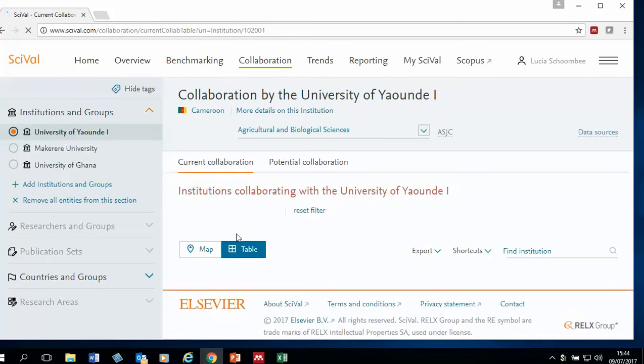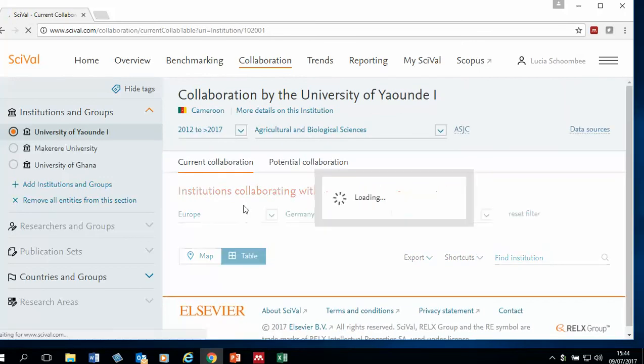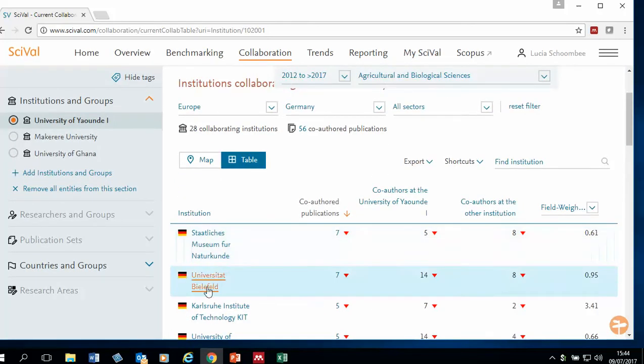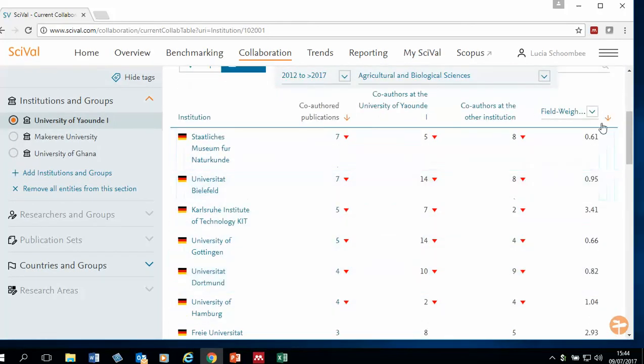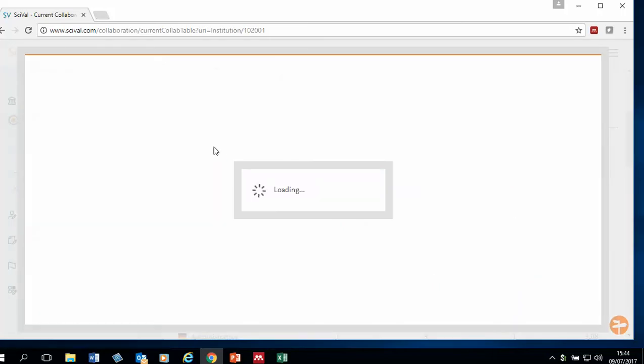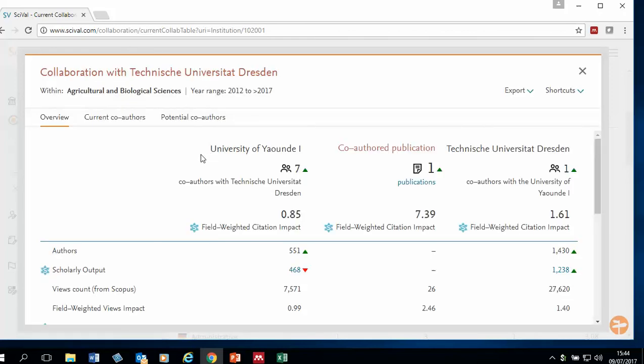You can look at it from a table perspective as well. So here we have Germany again. Let's just see. You can rank them. Technische Universiteit. So if you want to look at this in more detail, you click on the institution that you are collaborating with, and information will be provided about the number of publications. So this is the overview, the number of publications